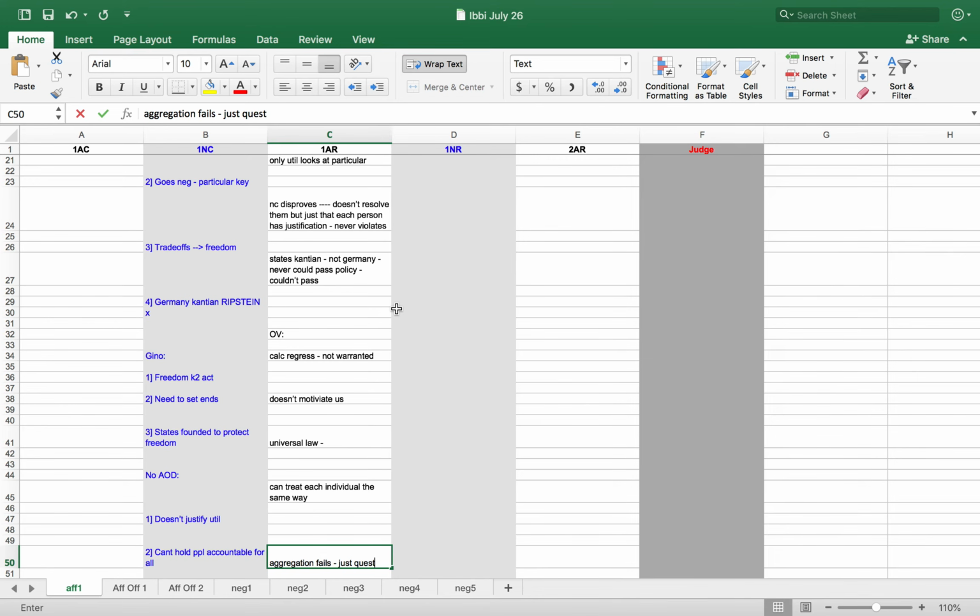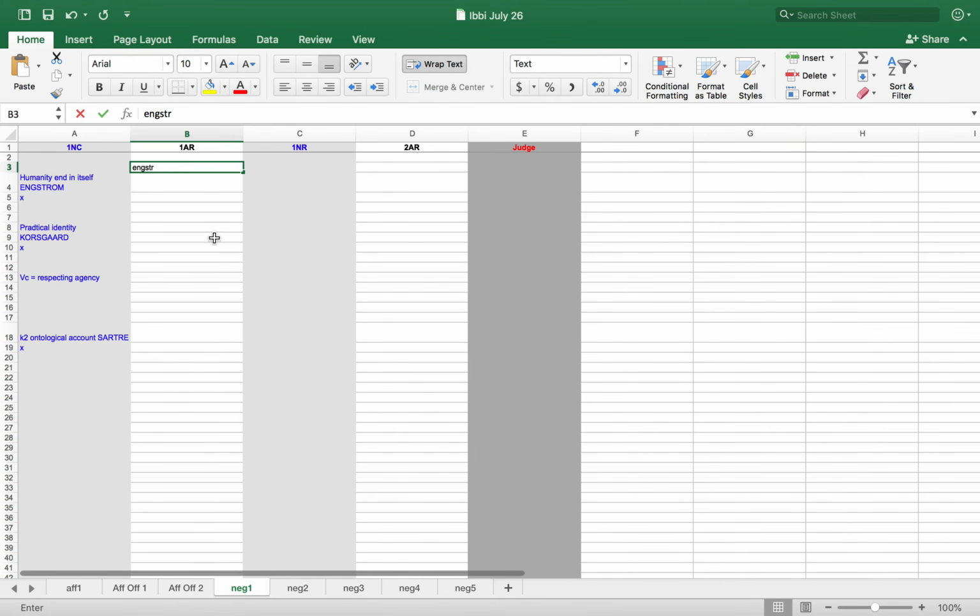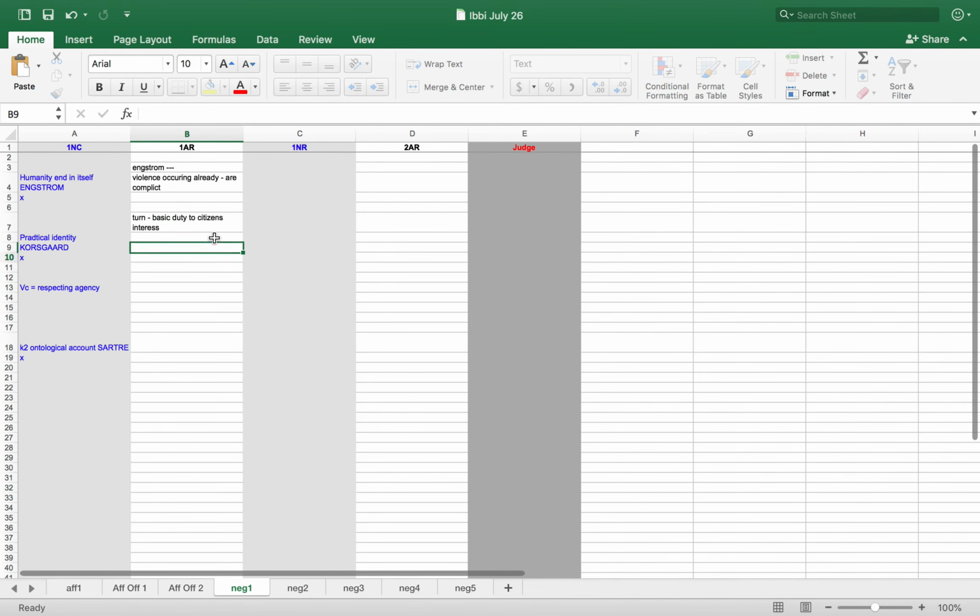On the NC, firstly, A-point. On the interim evidence, A-point, the aggregation distinction means that you're just as complicit in things like freedom violations by not acting. Things like material injustice and violence already occurring means you're complicit in it, and it uniquely denies things like freedom. Turn the basic duty as a citizen, turn the only basic duty we have as a citizen, the citizen interest, as the government also enforces.